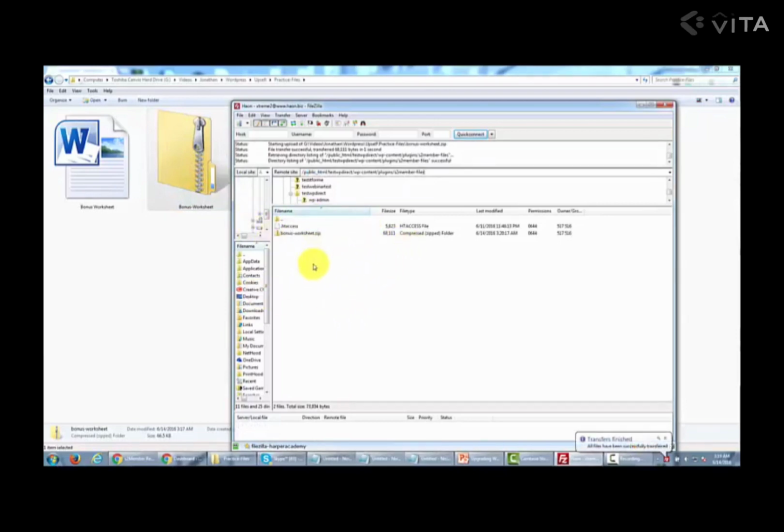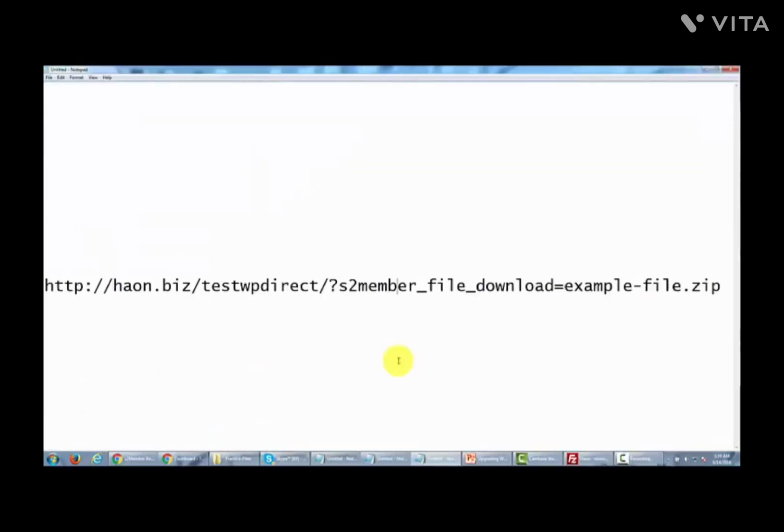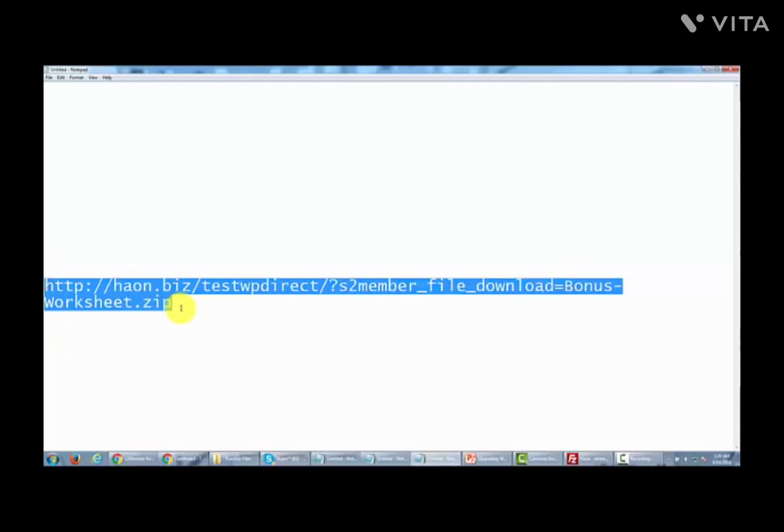And so now that file is on our server, and it's called bonus-worksheet. So now what we need to do is name this link according to the convention that we talked about a minute ago. If you recall, we said that we needed to name the file according to our URL, according to that directory, with these words, and then instead of example file, we're going to put in the name of our file. So now we have the link ready, using bonus-worksheet instead of example file. So what we're going to do is copy this,